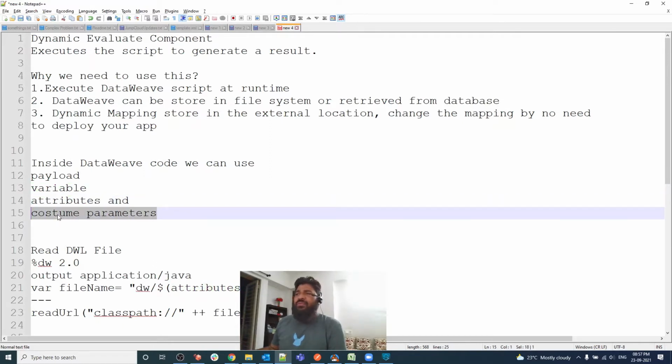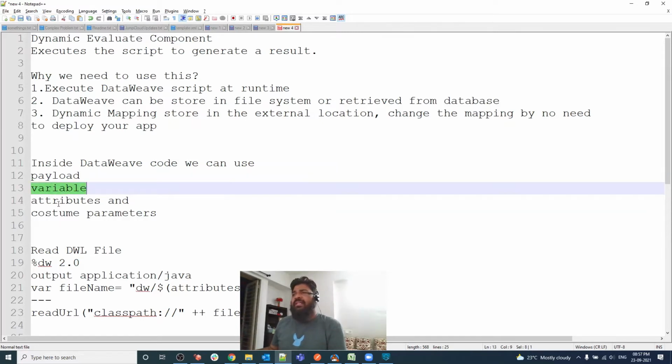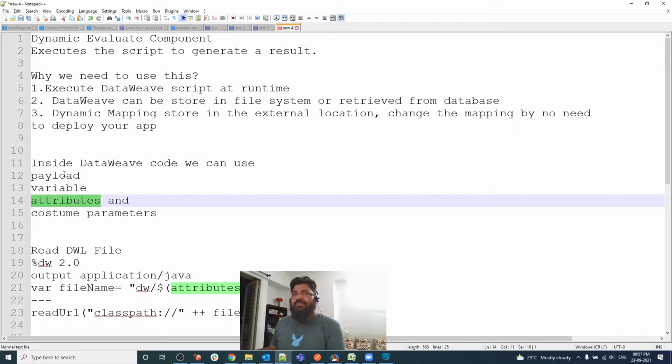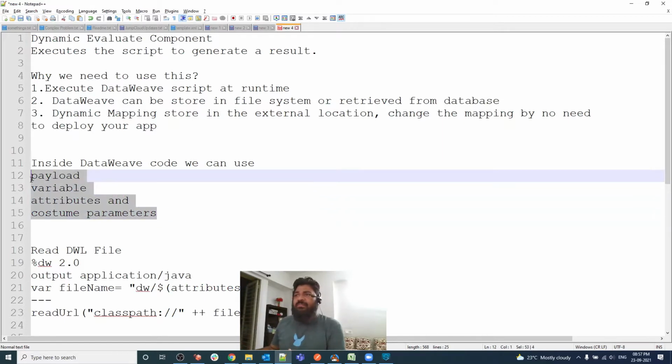I am going to write a data view and store it in the file system, where I'm going to define a payload, variable, and attributes. Those values I'm passing from my flows, and I'm also going to pass those custom parameters, and we will see how those parameters play a role.